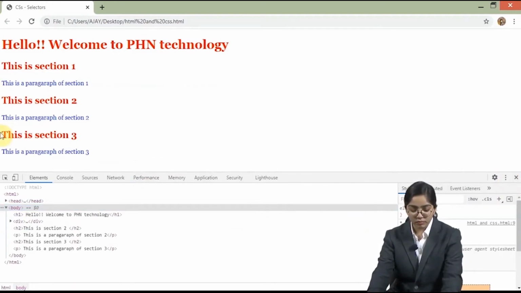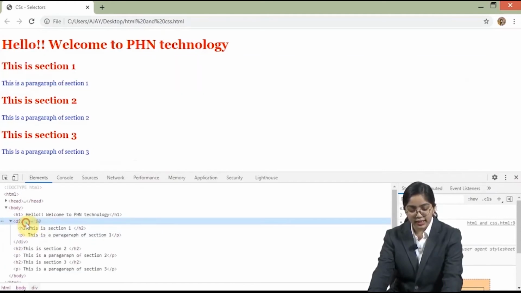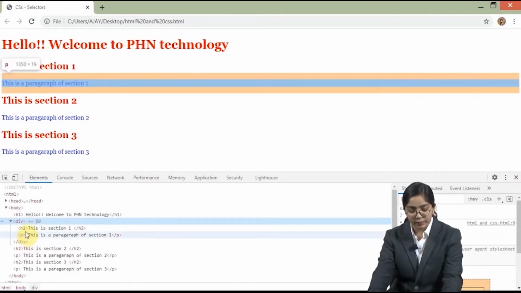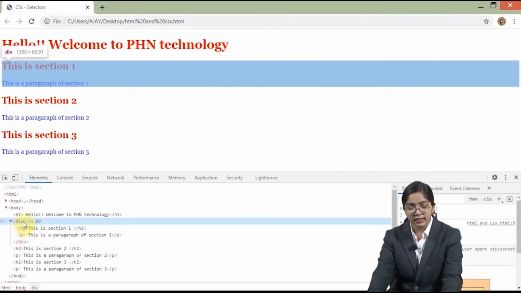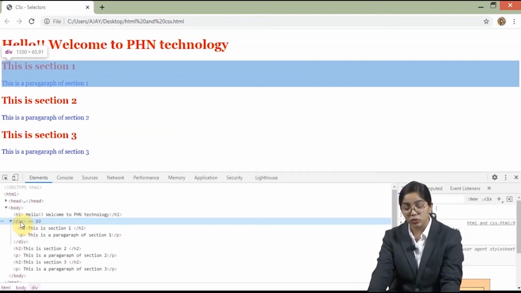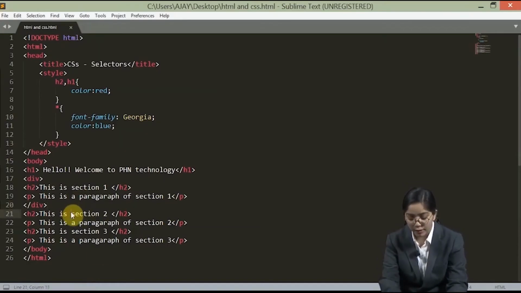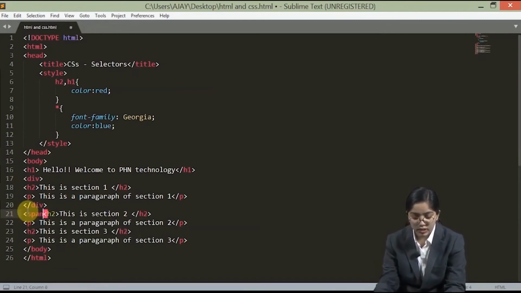So now we will see what happens in div. So you can see that I have declared div here, okay, and this div has taken up the entire row.